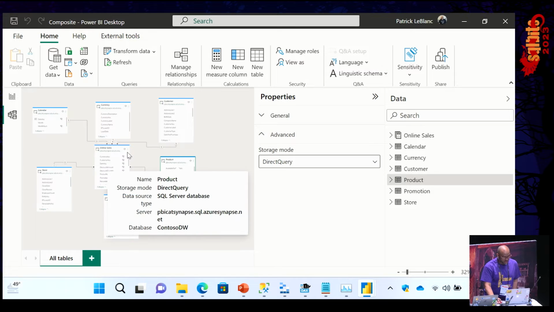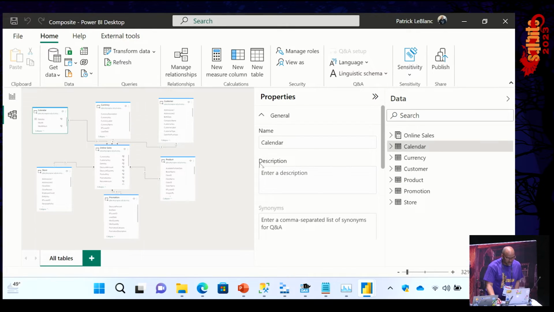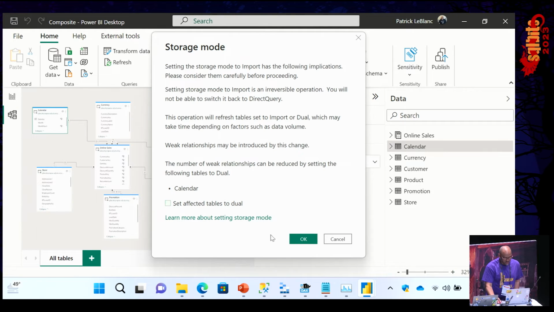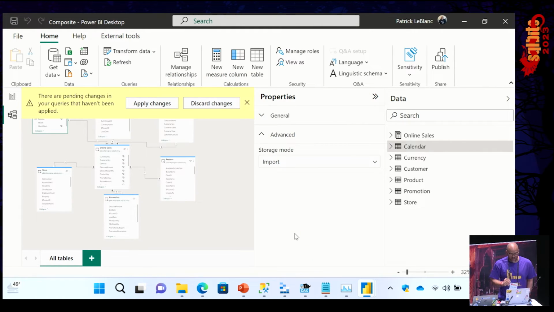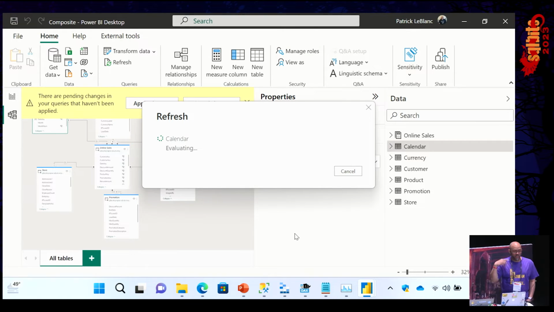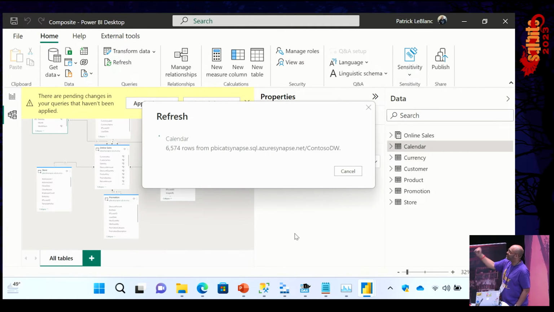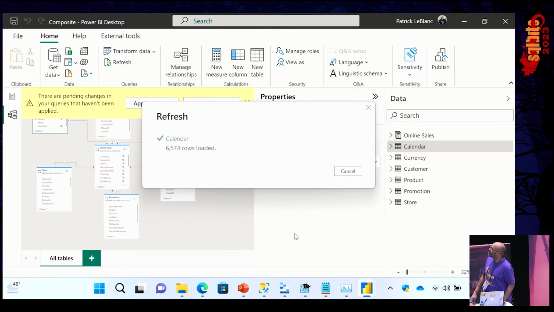So what I'm going to do is choose a smaller table like calendar, and I'm going to switch it to import. I'm going to ignore the prompt. Yeah, as you do. As I do, and I'm going to click OK. It's going to start working to pull that data into cache, but I want you to pay really close attention, Adam, to see if it actually does it. And it doesn't blue screen or anything like that, or an update happens. Man, okay, look at that. It worked. Nice. I'm excited.